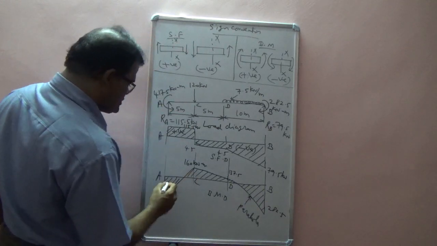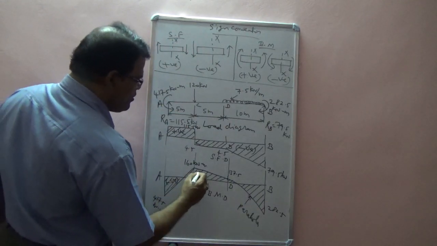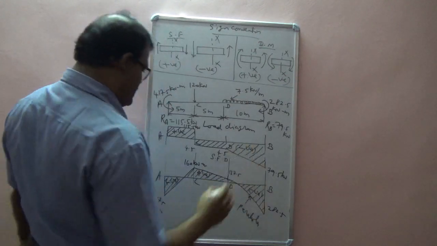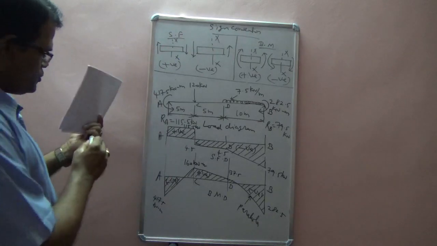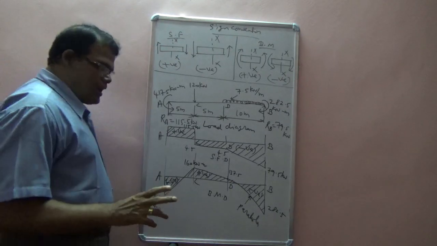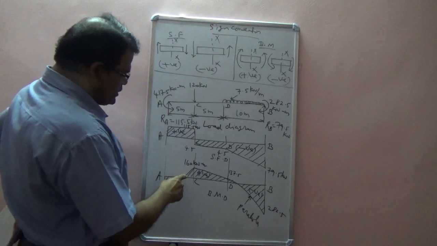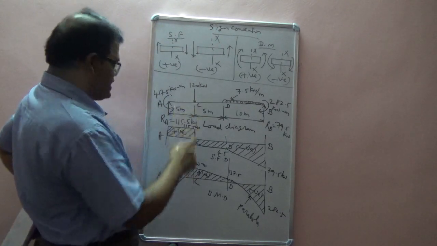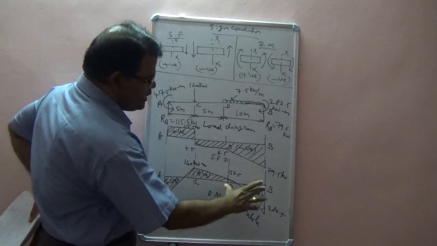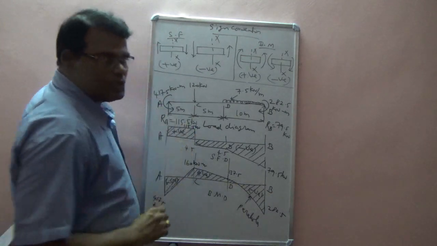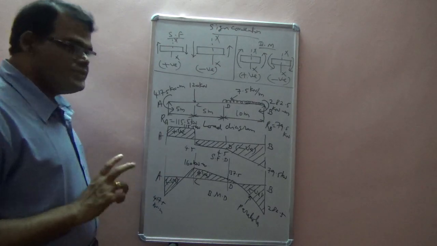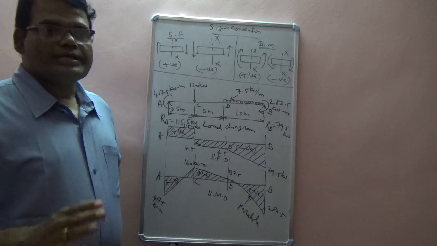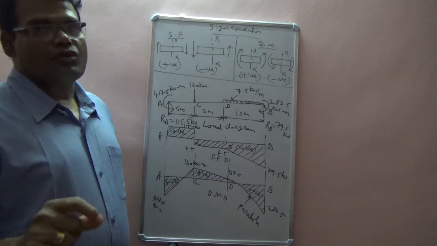Okay, so this is negative bending moment, positive bending moment, negative bending moment. Now one important point you should note is that somewhere in the bending moment diagram, the bending moment is 0. Somewhere between AC, in this section AC, it is 0. Similarly, between DB it is also 0. So we have to calculate the distance from point A where the bending moment is 0. That point is called the point of contraflexion.